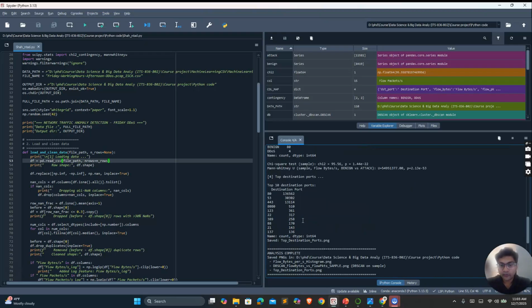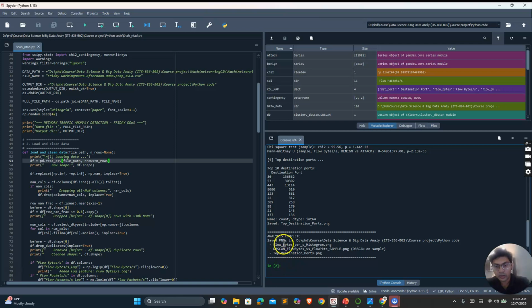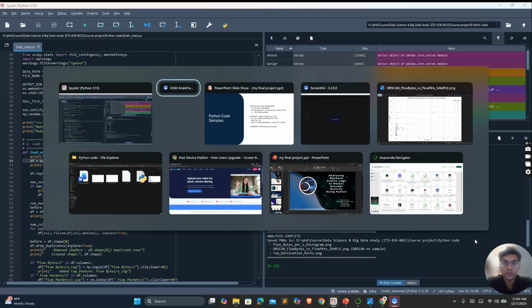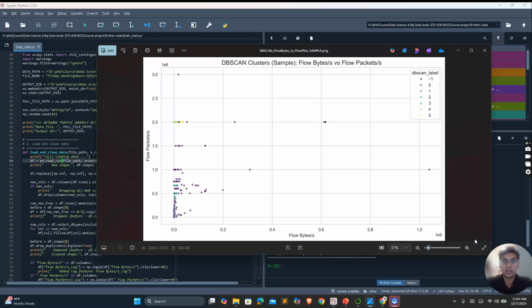After completing, the script shows that the figures have been created and where they are stored in the output, and I will show you the pictures. So these are the three main figures in the code. The first is a histogram of flow bytes per second,